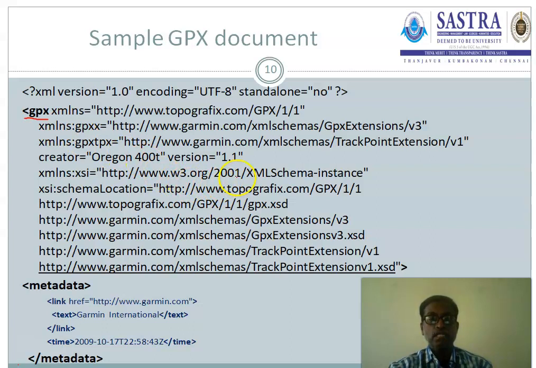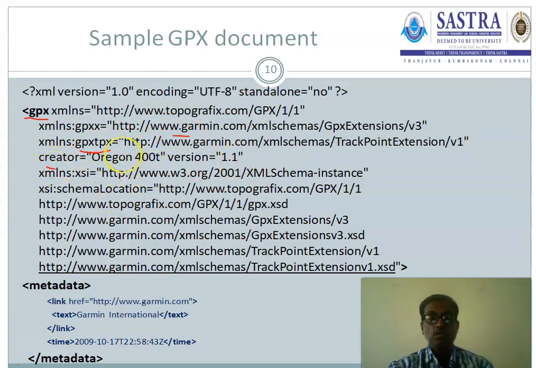Here in this example, only XSD is given. In the doc type tag, we can supply either public or system. Generally, it may be public, and then we can supply the DTD information and the XML namespace, GPX, creator,